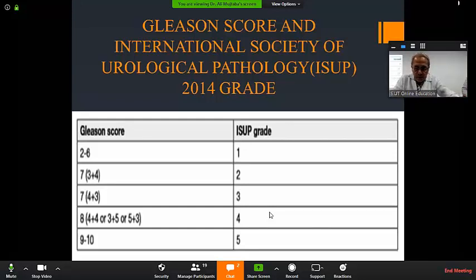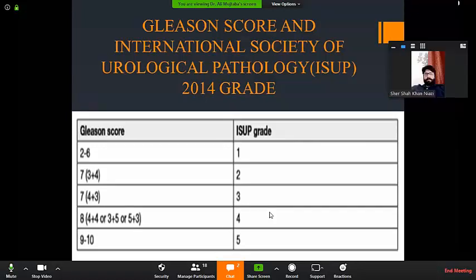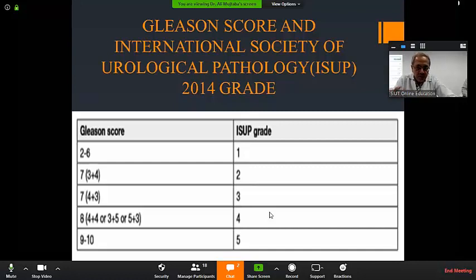The first common grade, for instance, in the second instance, it is 7, which is 3 plus 4. This means that grade 3 is the primary, grade 4 is the secondary grade. Now, it is different from 4 plus 3. Both are 7, but here the primary is 4, which is more grave as compared to the above 3 plus 4. So whenever the first grade is changed, the actual primary grade is changed, and then the severity of the disease or the gravity of the situation is also changed.